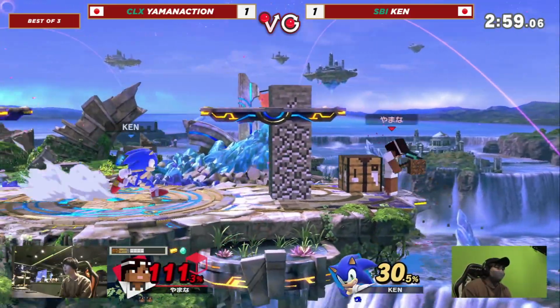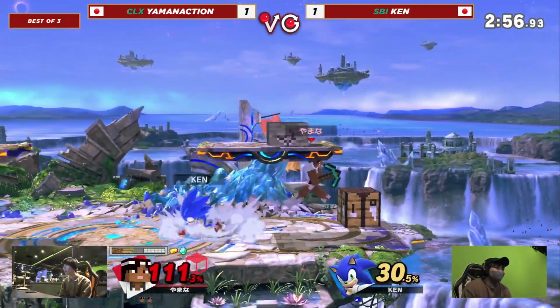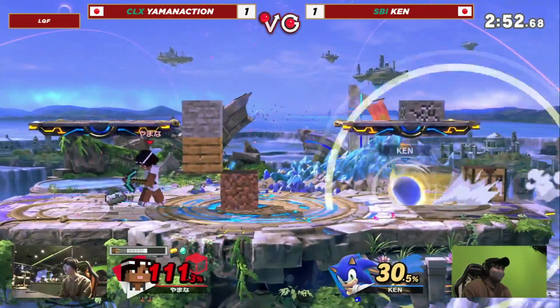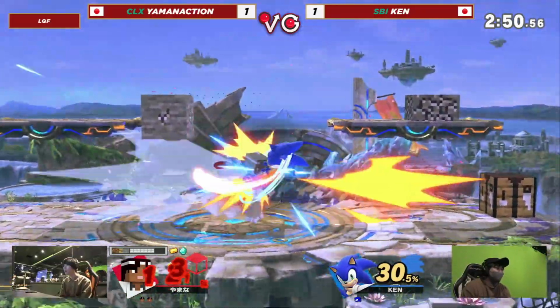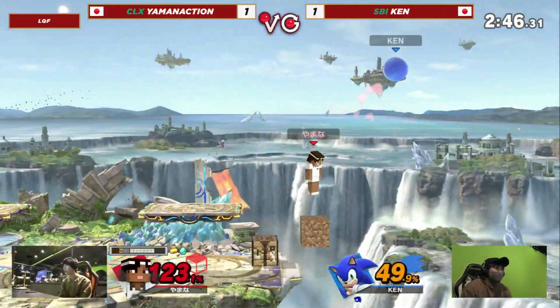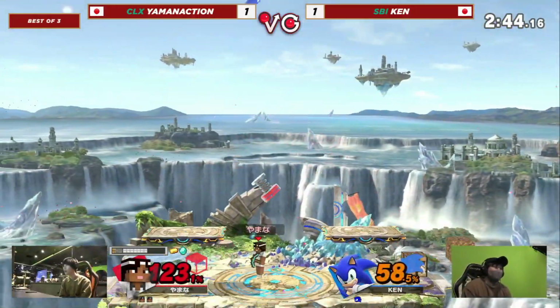As soon as he started getting up tilt, he's like, "Please don't let me take 60 from an up tilt. I can't do this." That's all you can ask for, man. This is tournament life right now, and you did so well to bring it all the way back. But Yamanaction is looking at double diamonds on both the stocks he has left, and I mean, Ken's